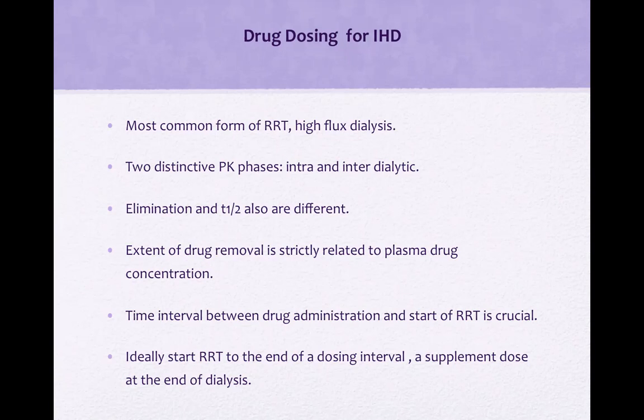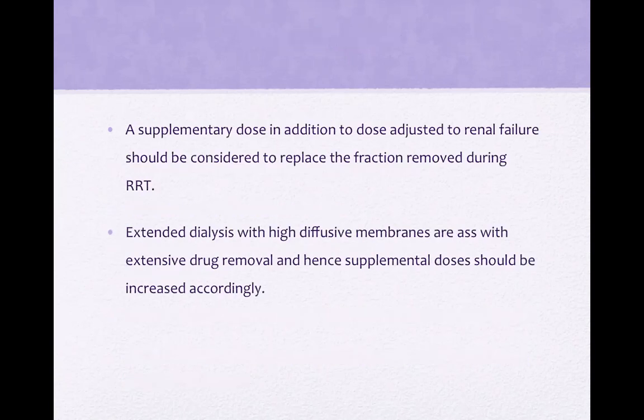The elimination is faster during the intradialytic period, and T halves are smaller during the intradialytic period. So most of the drugs during intermittent hemodialysis ideally should be given at the end of the dialysis, in the last hour of dialysis, with an extra dose after the end of dialysis. And in these patients, RRT should be started at the end of the dosing interval. A supplementary dose in addition to the dose adjusted to renal failure should be considered to replace the fraction of the drug that you removed during